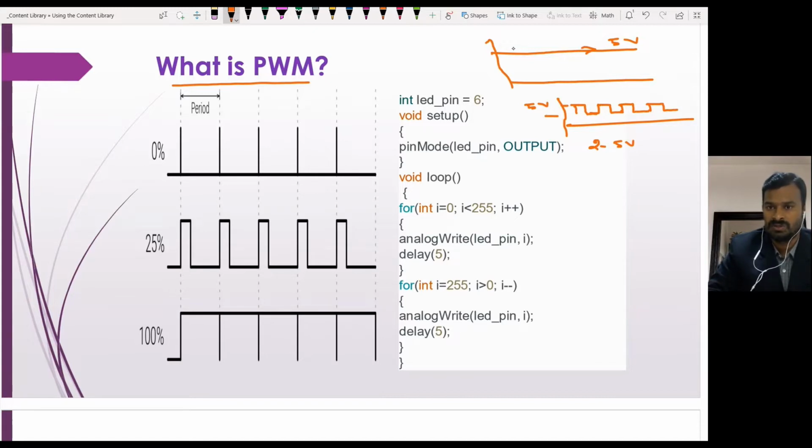I hope you understand. Let us take this DC signal which has 5 volt. If you give a continuous signal, the average voltage will be 5 volt.